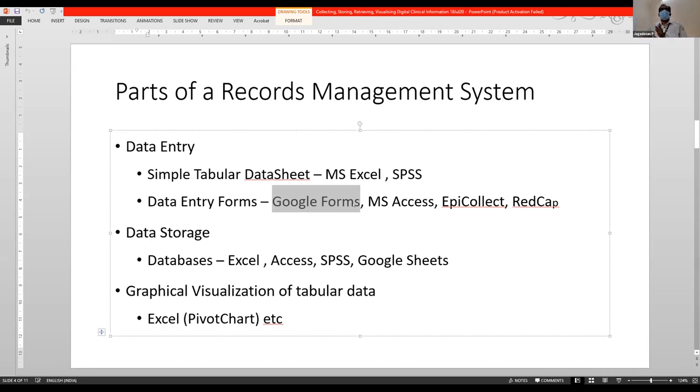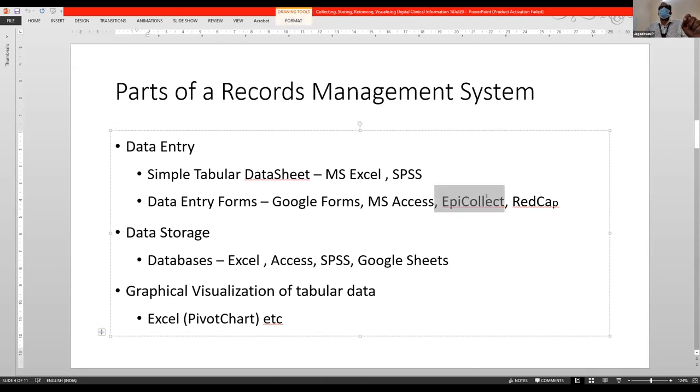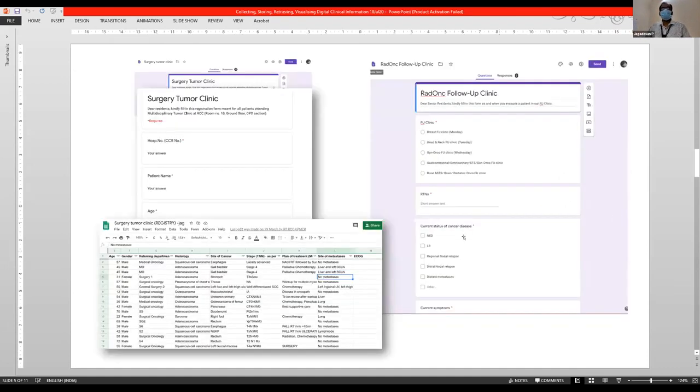So there are different forms of doing it. In this, I'm going to focus mainly on how to use Access for your own in-house software to record things in an offline mode. Fine. You also have other ways of forms collection using EpiCollect. EpiCollect is also a freely available software. The beauty is you have an Android-based software as well, so you can use your mobile phone or a web to collect information. The same thing is provided by REDCap as well. With REDCap also, you can go and generate your own forms. Let us just note these three major things: Google Forms, REDCap, and EpiCollect.